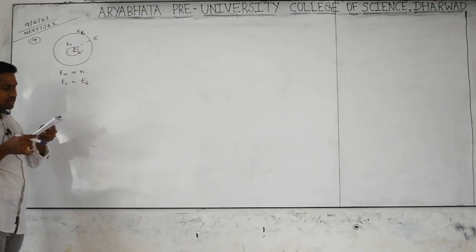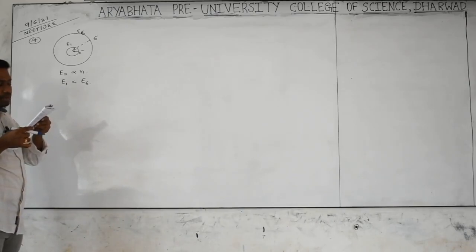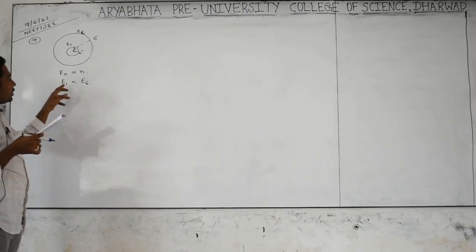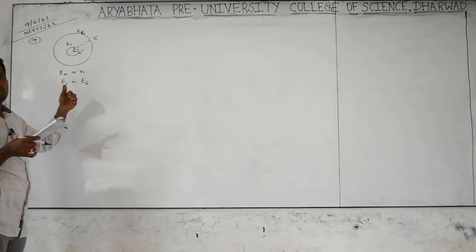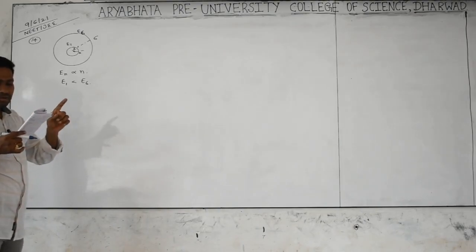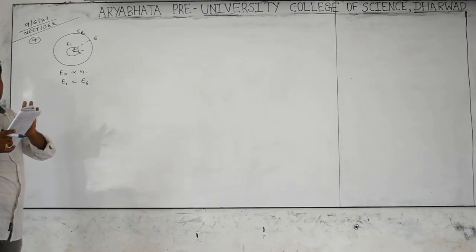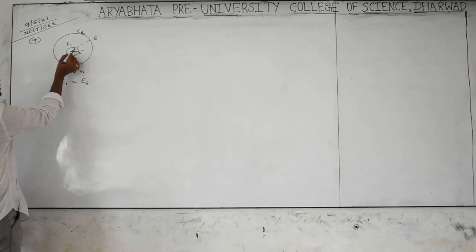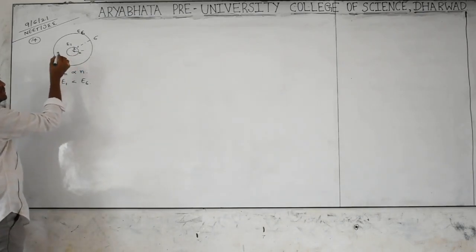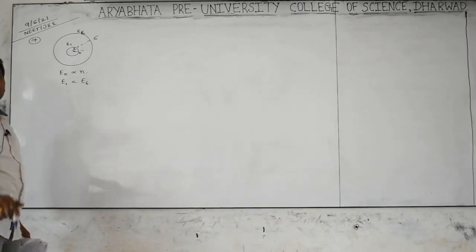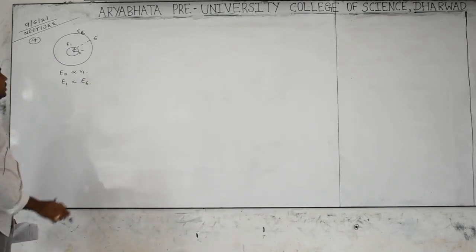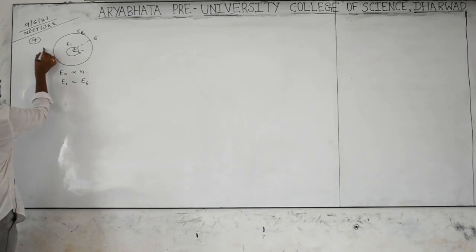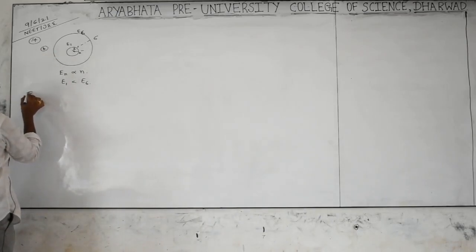But what is the given statement of the second one? If n equals 1, the electron has more negative energy. Yes, more negative energy means the negative value will be more, the value will be less, and it does so for n equals 6. And he told that the electron present in the first orbit is loosely bonded. No, why? The electron present in the first orbit means the distance is less, the distance is less, attraction will be high, but he told loosely bound. That's why it is a wrong concept. So anyway, the second option is the answer. Now you can come to the 15th one.